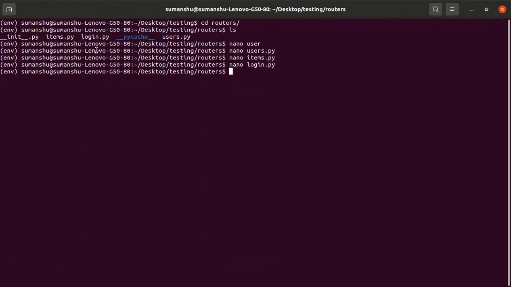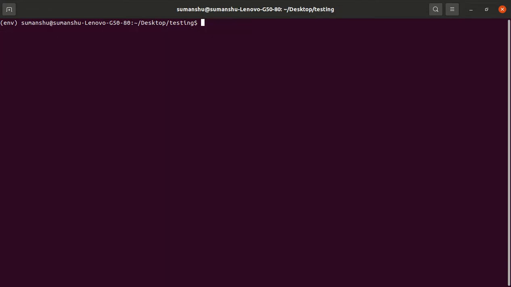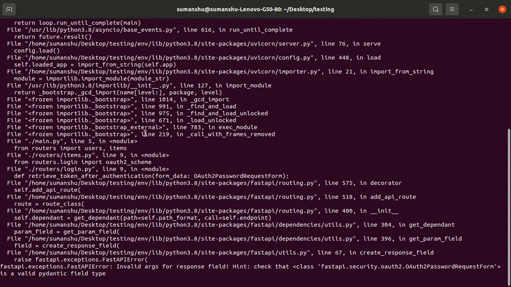Okay, so let's restart the app: uvicorn main:app --reload. Okay, invalid argument for response field. Hint: check that the class is FastAPI OAuth2 password request form.